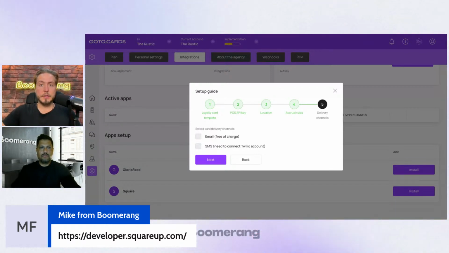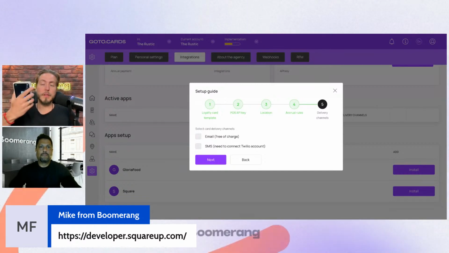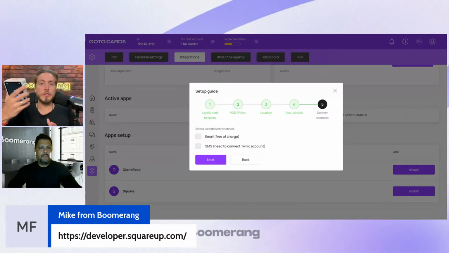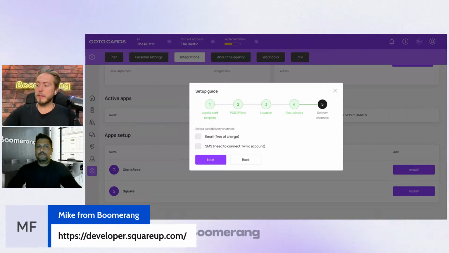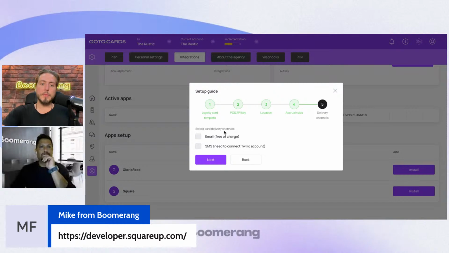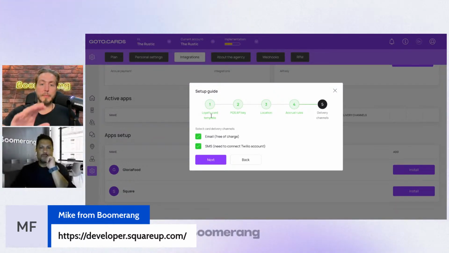If clients say yes, all they have to do in their Square terminal is proceed with the transaction, create the order, and in addition, create a customer and assign this customer to this order. And when they do so, we get this information by the API. We will automatically create the customer on our side, issue a loyalty card, proceed the transaction, add some number of stamps for the first transaction, for the first purchase, and we will create the unique card installation link that will be delivered by email or by SMS or by both channels at the same time to these customers